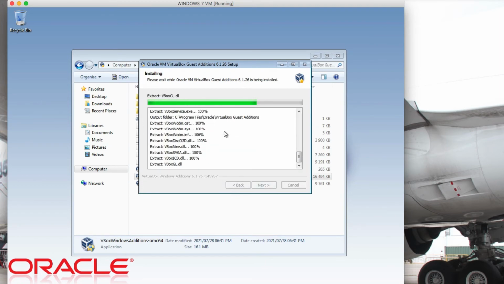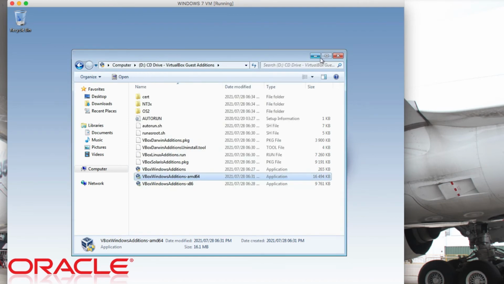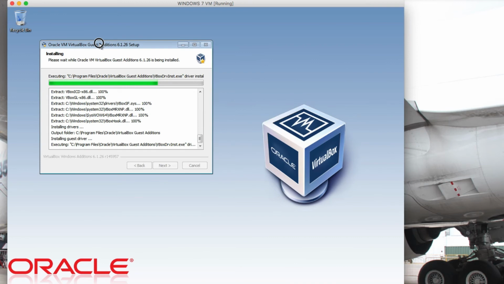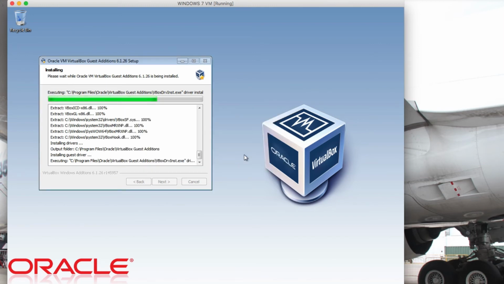This will start the installation process for the Guest Additions software, which should not take more than 10 minutes, unless you've got a very slow virtual machine, or if you've really restricted the virtual hardware. A pop-up window will appear asking if you'd like to install the software. Click on always trust software from Oracle Corporation, then click on install. Once you've done this, you are now nearing the end of the installation process of the Guest